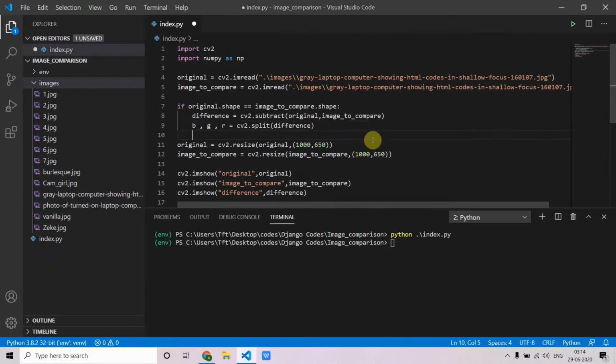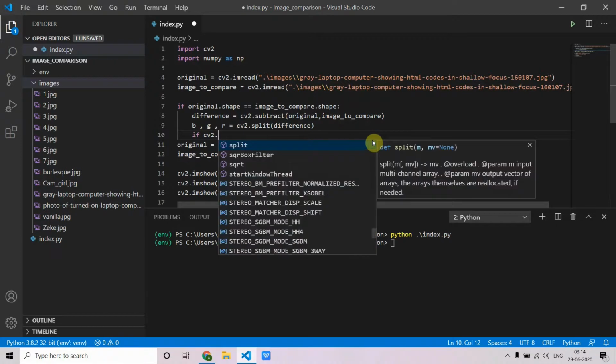Then put an if condition to count the difference at every pixel, which is red, blue and green.